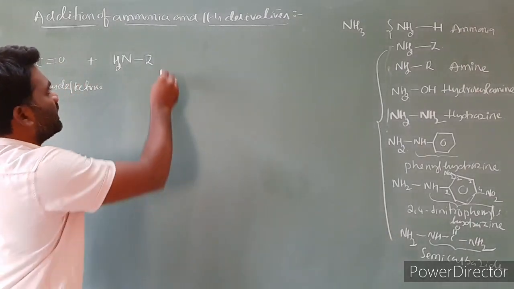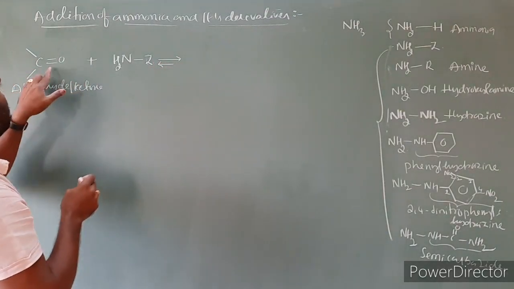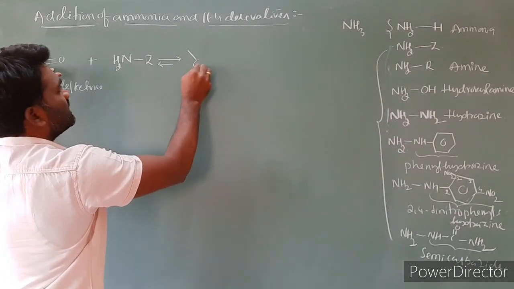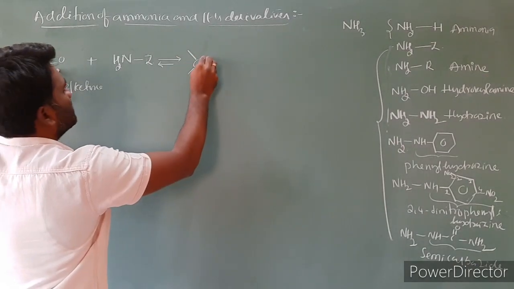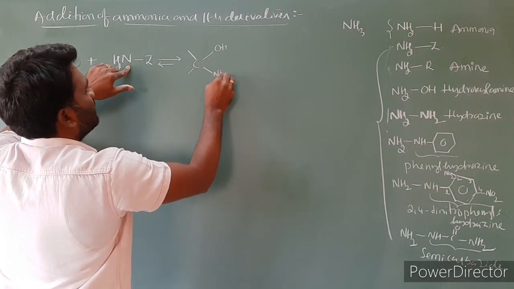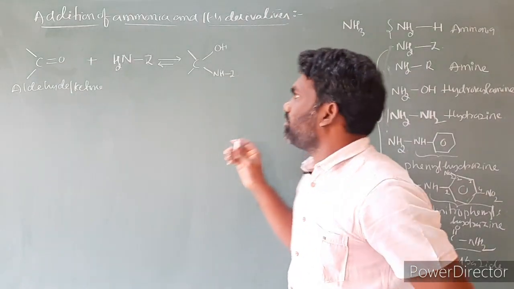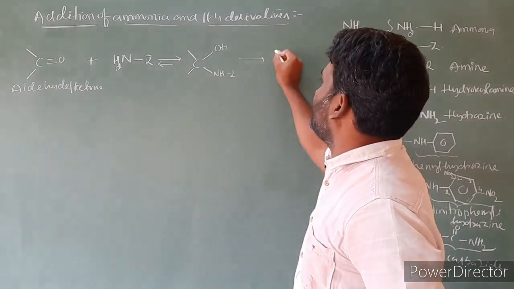First, what general representation I am writing. This is a reversible reaction. Then the product is the addition product; we have to write C, and this will be OH and this will be NHZ. So this product is formed. It lost a water molecule, then the product is